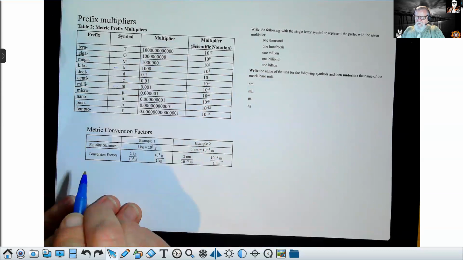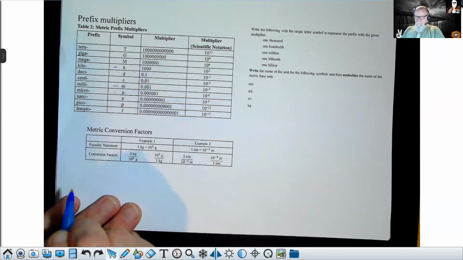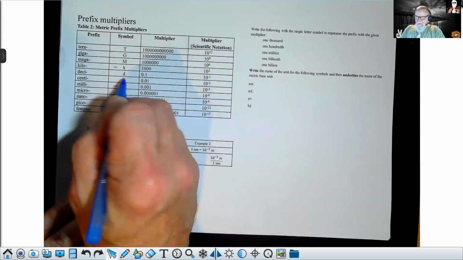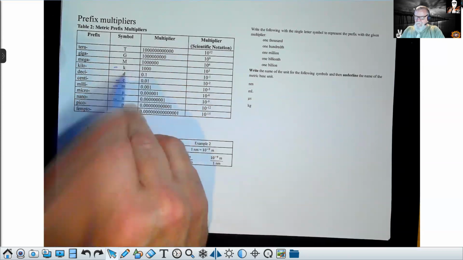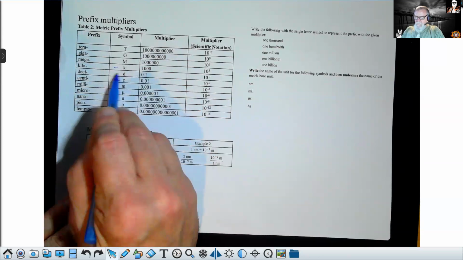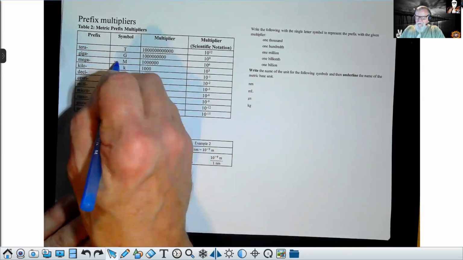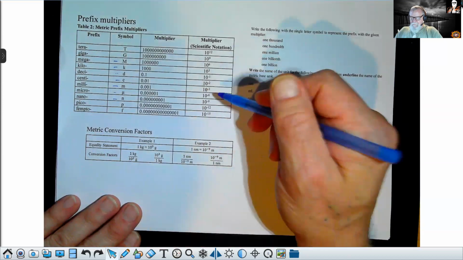also very important. We use those quite a bit. We also use micro quite a bit and nano quite a bit. And then centi comes in there as well. Deci isn't used all that often, but might as well memorize that one as well. Those are the ones that I would start with memorizing. Mega might be another good one. The easy way to memorize these, though, is that